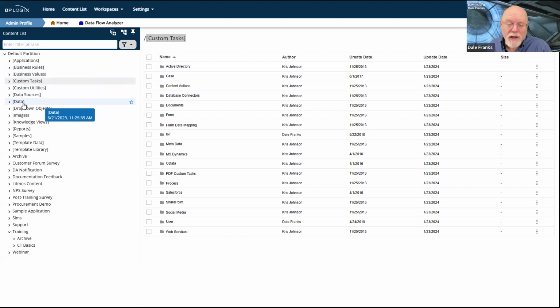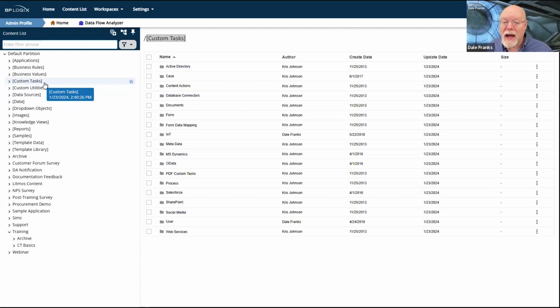That is entirely optional; you can choose to do that or not. We recommend it, simply because it helps organize your system in a more logical fashion so that you can understand it. But the custom tasks really do have to go in this specific folder. That is not optional, and it needs to be at the root of your partition.